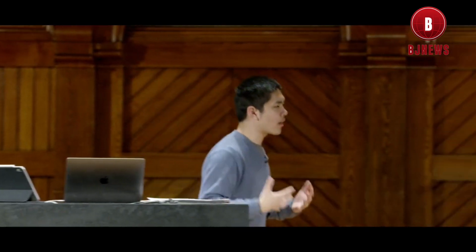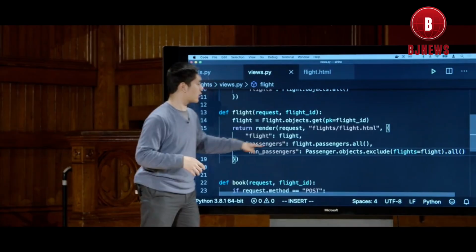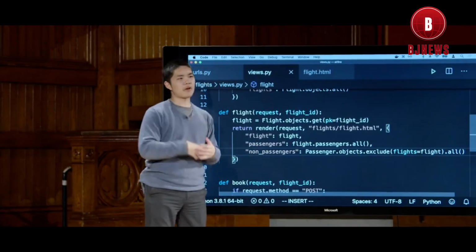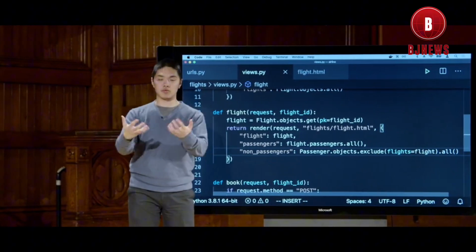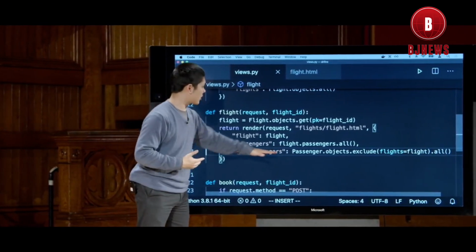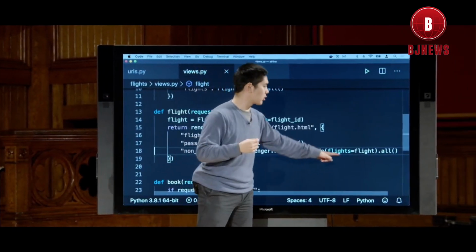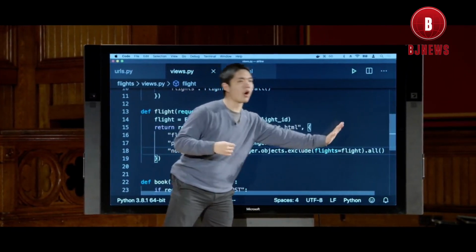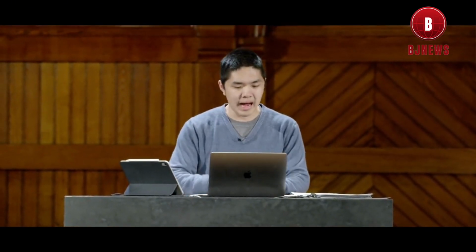Well, it means that when I render flight.html, there's a couple pieces of information that it should have. It needs to know what flight is being rendered. It needs to know who is on the flight, who are the passengers. But if I want a dropdown where I can choose from all the people who aren't already on the flight, like I would like to register you for this flight, well, I also need all of the non-passengers, passengers excluding the ones who are already on the flight. And get me all of them is what that .all is ultimately saying. And so using that, I now have access to this variable called non-passengers that I can use as I'm constructing